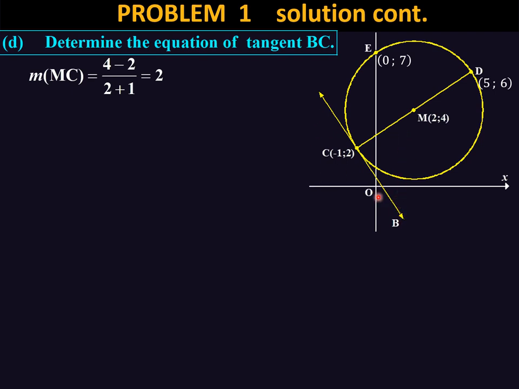Radius and tangent are perpendicular, right? So the gradient of the tangent will be, if this is positive 2, that's negative. If this is 2, that's the reciprocal, 1 over 2. They're not the same. Then I just have to use my equation for a straight line, substituting the negative half,